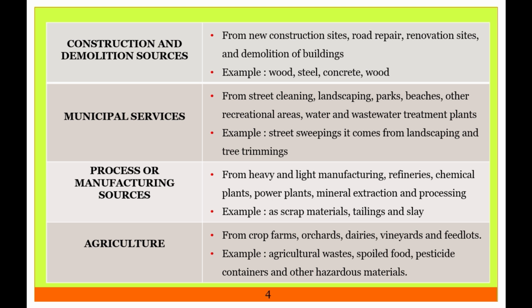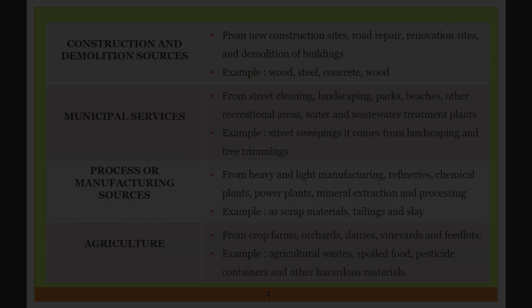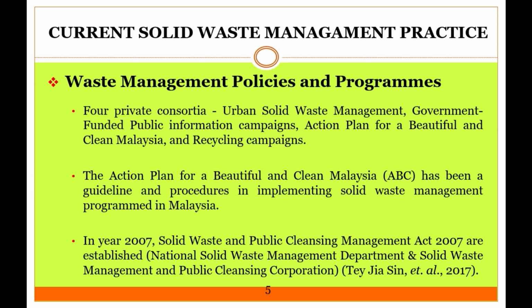For rural areas, waste basically comes from agriculture, such as crop farms, orchards, dairies, vineyards and feedlots. Examples of sources from agriculture are agricultural waste, spoiled food, pesticides, containers and other hazardous materials. For our waste management policies and programs, there are 4 private consortia, which are Urban Solid Waste Management,